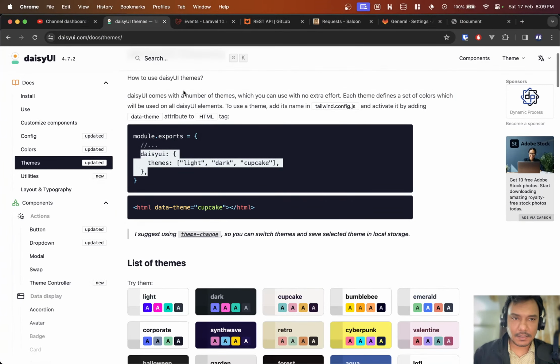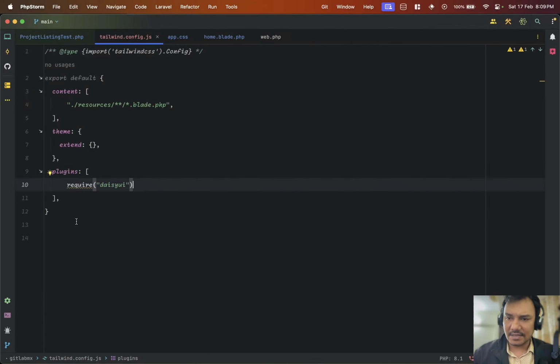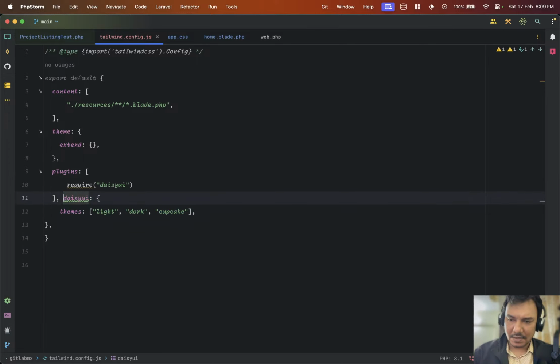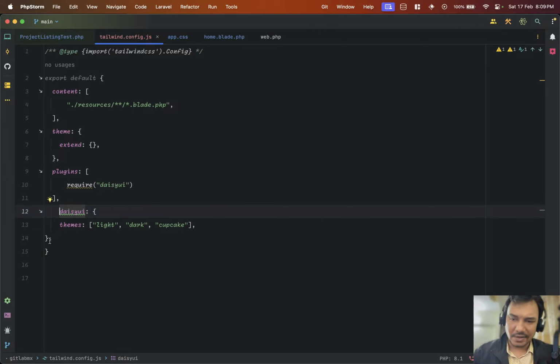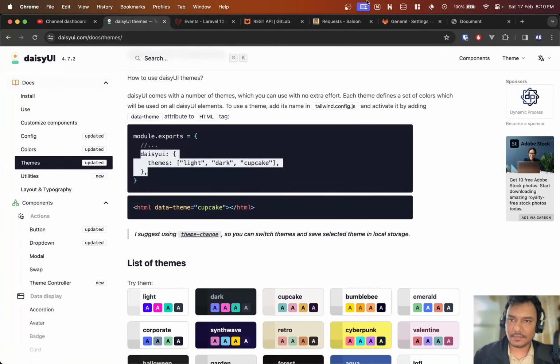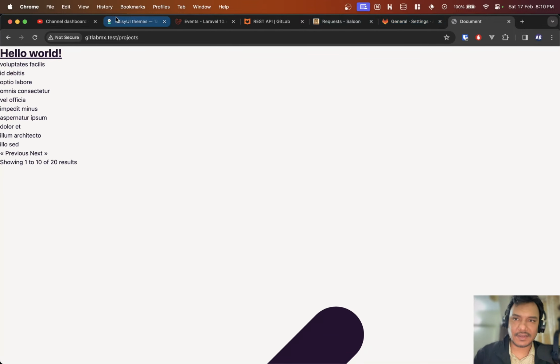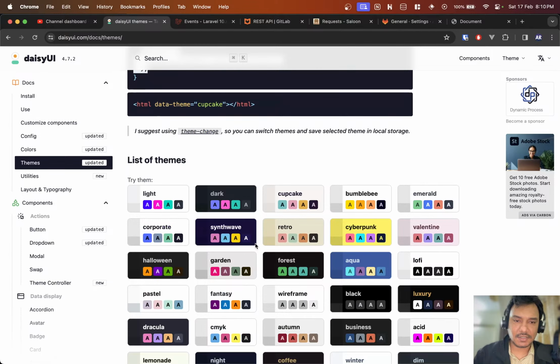They're saying data theme, right? Inside, Daisy UI is a direct thing, so I can just add it over here. Okay, the space is something which I need to fix. Right. So yeah, I have cupcake. Now, basically, if I refresh, right, see this is coming in a different color. Obviously, you won't realize it because right now I don't have too much stuff going on. But maybe if I do cyberpunk,